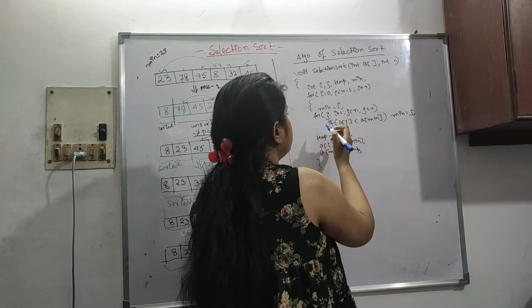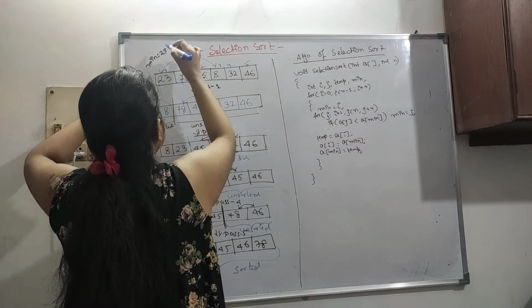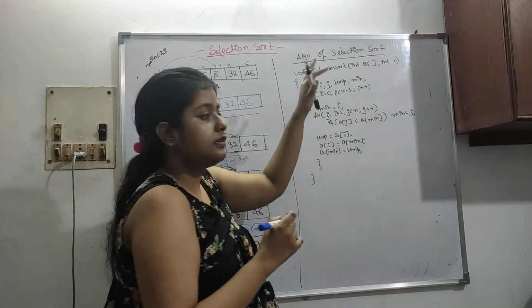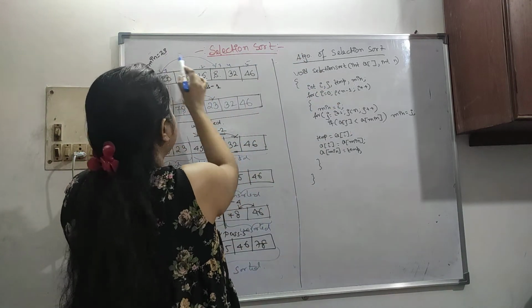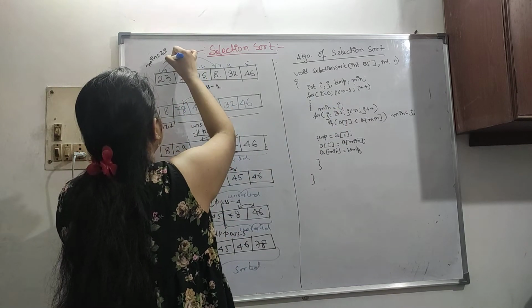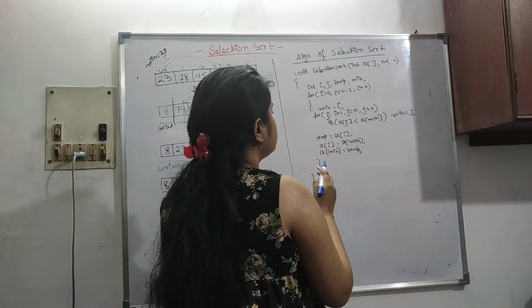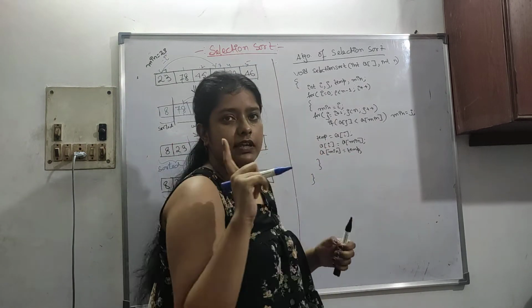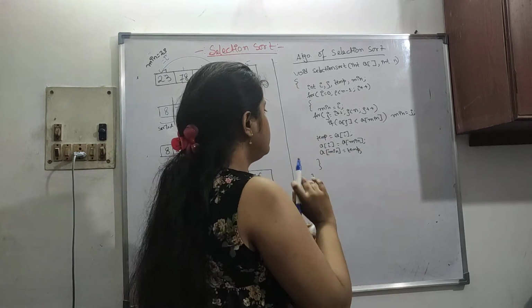Okay. So now what is min? I have already told you that min is just taken as the first element. Here i is running from 0, so i is initialized to 0. So min is equal to i, which is 0. Now the first element is taken as min. Then we have to check which is the actual min. So for now just take it as min.